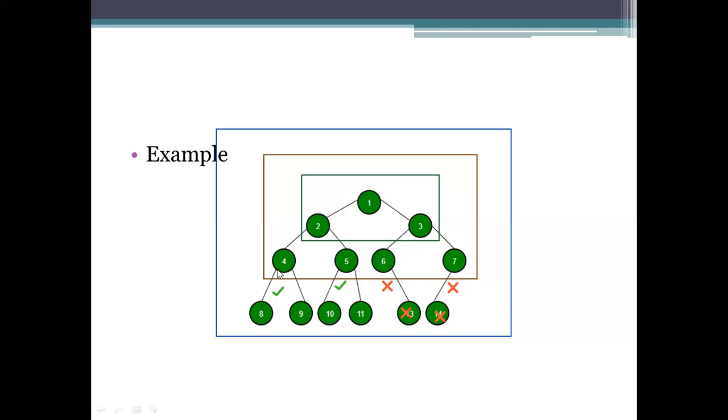Okay, done. And coming to the next level, 4 is having 8 and 9. 5 is having 10 and 11. Okay, done. And if we are having another element, we are not considering these 2 here. So then there are no such elements. Then it is specifying that it is a strictly binary tree representation.